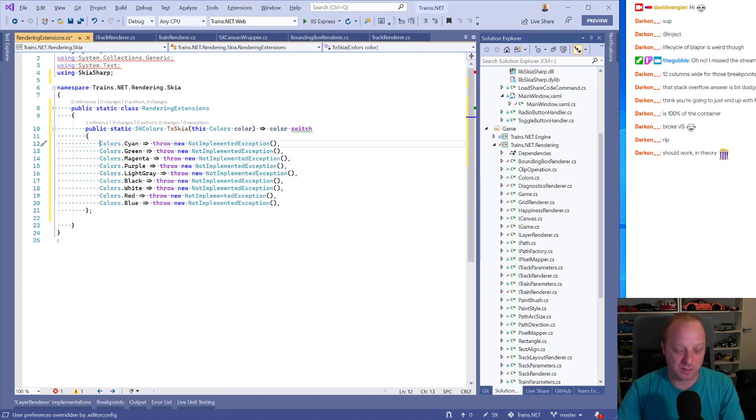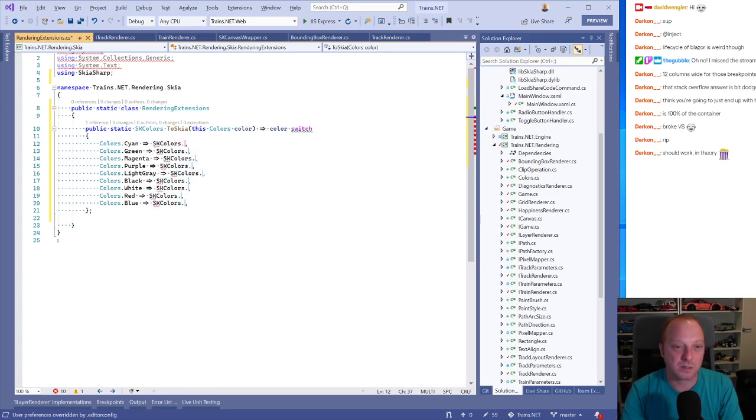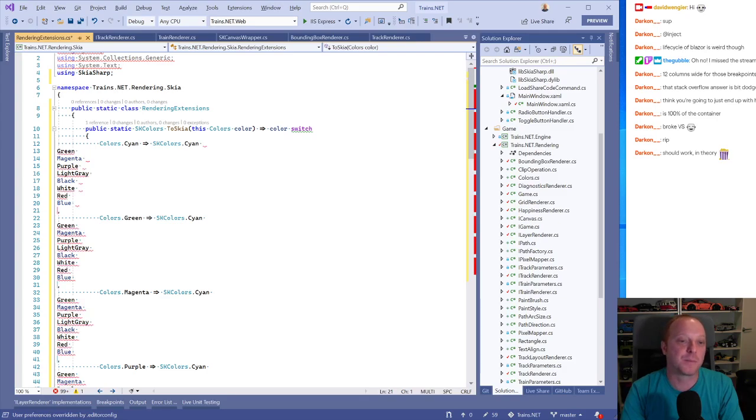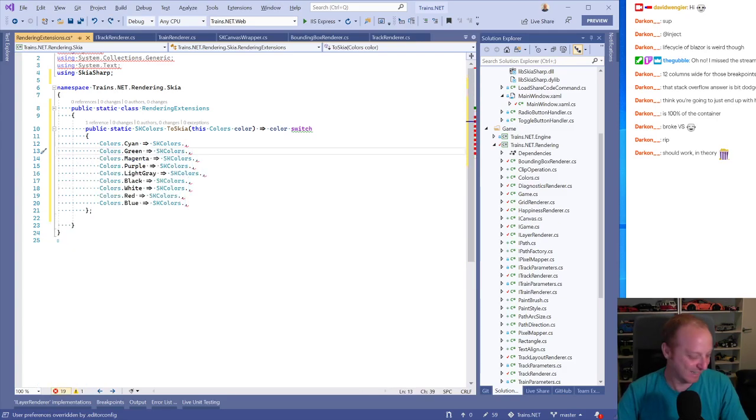So we want lots of cursors. We want to copy, and we want to return an SKColors.paste. Didn't work. All right, we'll just do this the hard way. So yeah, what this file will end up being is a bunch of these things. Now I could actually do this with reflection and look up the string values and assume the string values are the same,